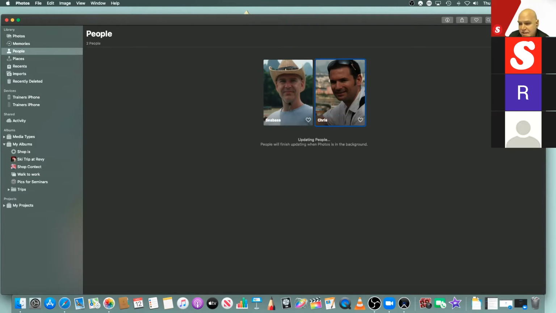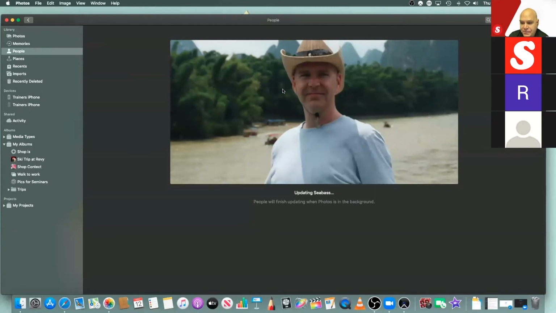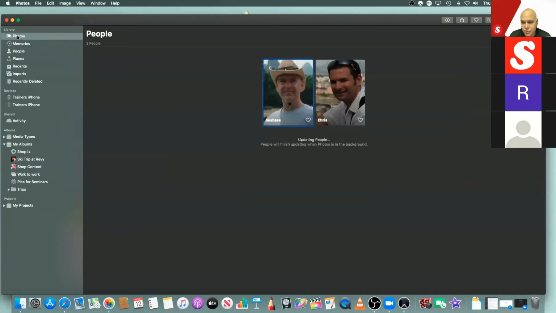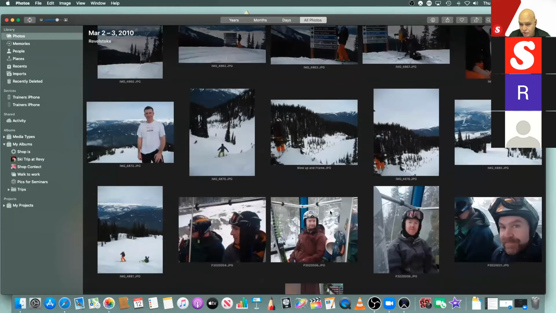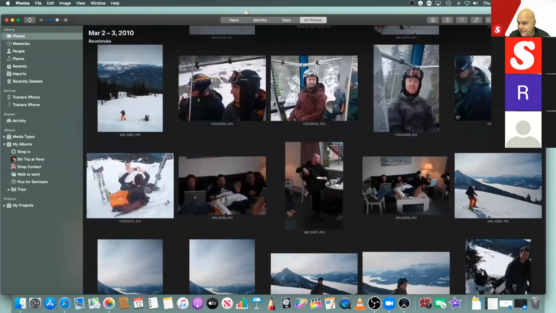And what this is going to do now is that every picture it has found with my face on it, it's going to basically find. Now, again, this is going to take a little while as it starts to go through the pictures. It happens in the background, so give it some time if you don't see the results you're looking for right off the get-go. But what it'll do now is if I look through any of these pictures that has my face in it, or that's detected with my face in it,